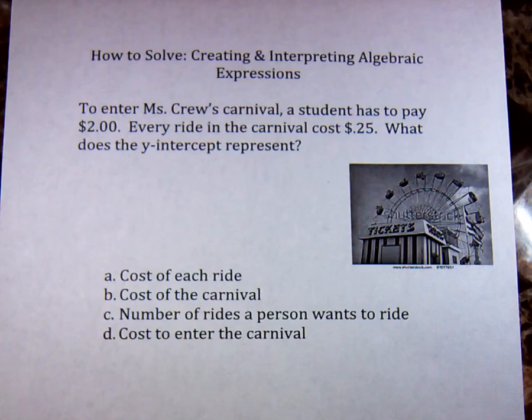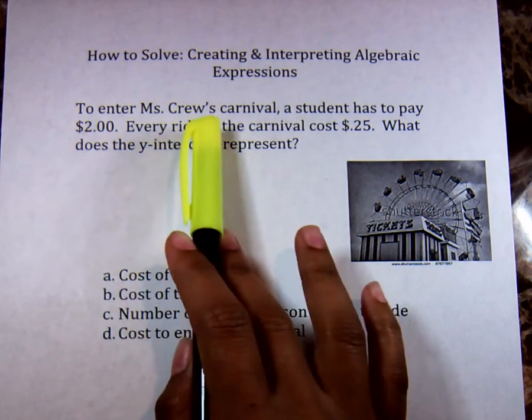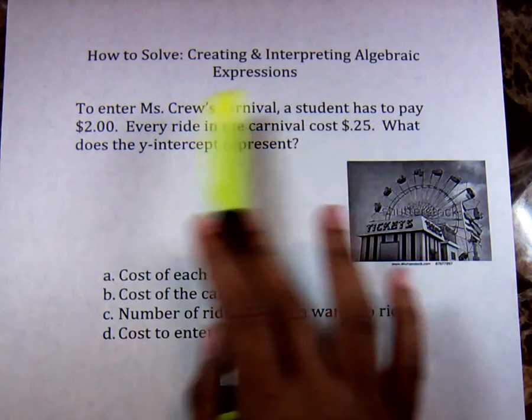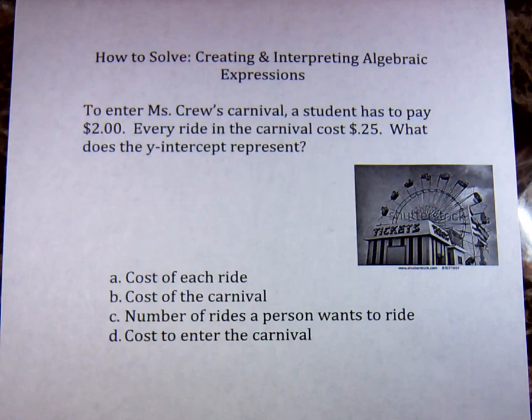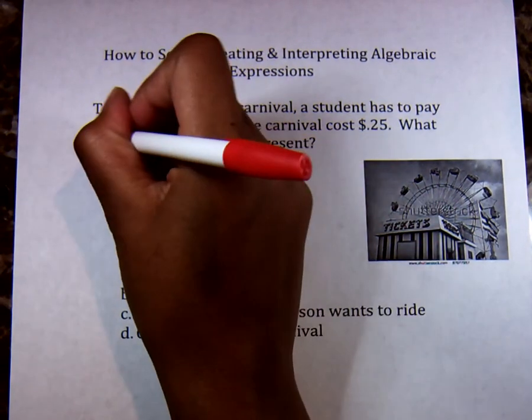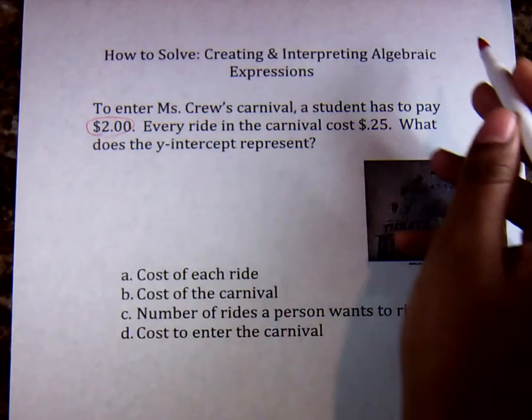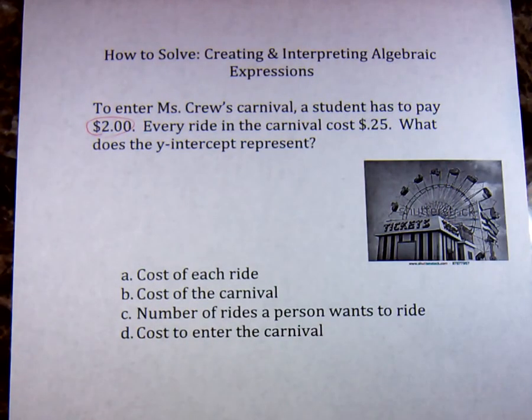Now that I have read the problem all the way through, which is a great skill to do for your ESC, read it one time all the way through, I'm going to now go back and highlight, underline keywords, and anything that I find important for the problem. So, now that I'm going back, to enter Miss Cruz's carnival, a student has to pay $2. I'm going to circle the $2 because I know just to enter